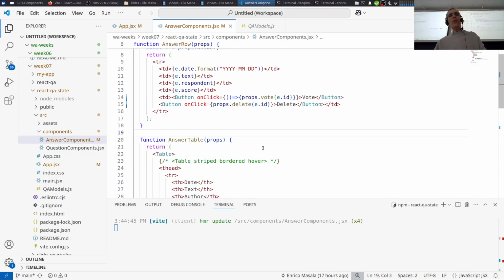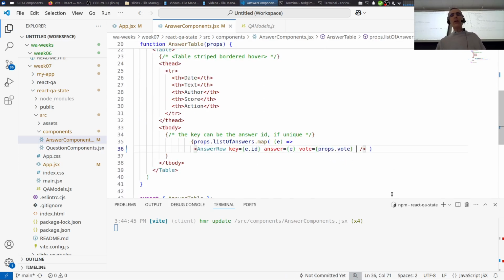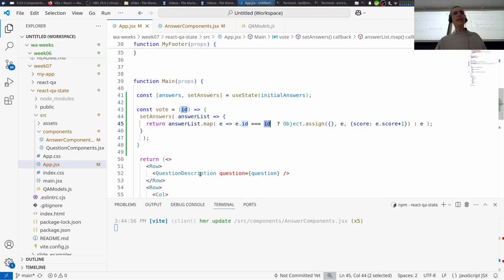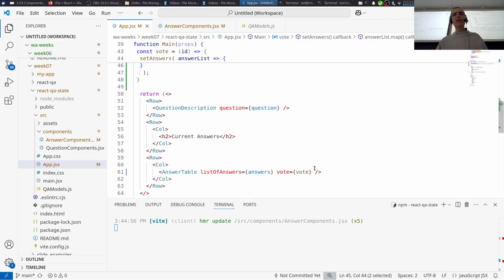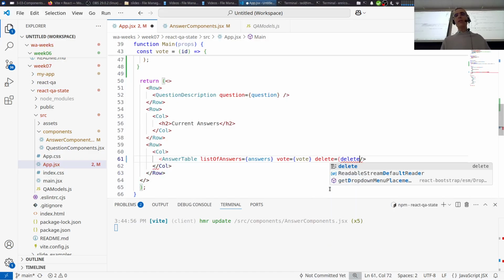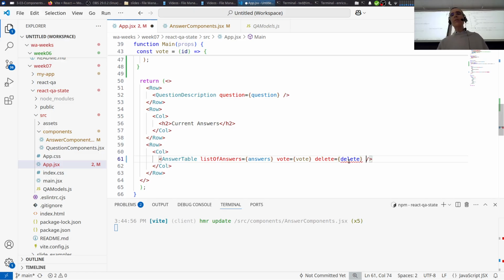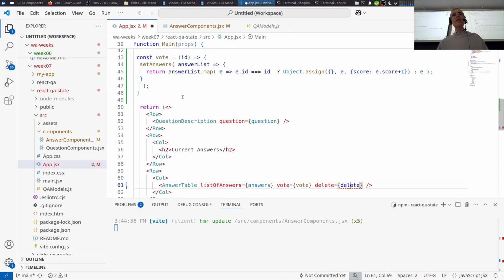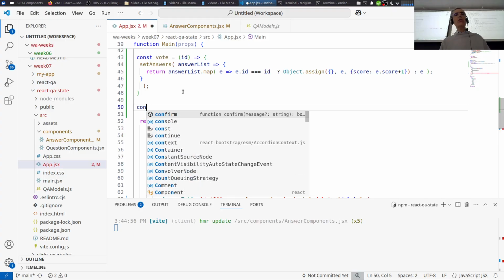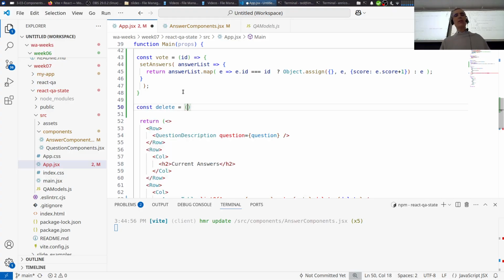I need to pass the prop. So you remember here, delete, props delete. That's the stuff I deleted before because I started from the solution. Delete equal to delete. And this second name, you see it doesn't exist yet. It's because it's another function we are going to define here. Const delete. Again, it takes the ID and then,